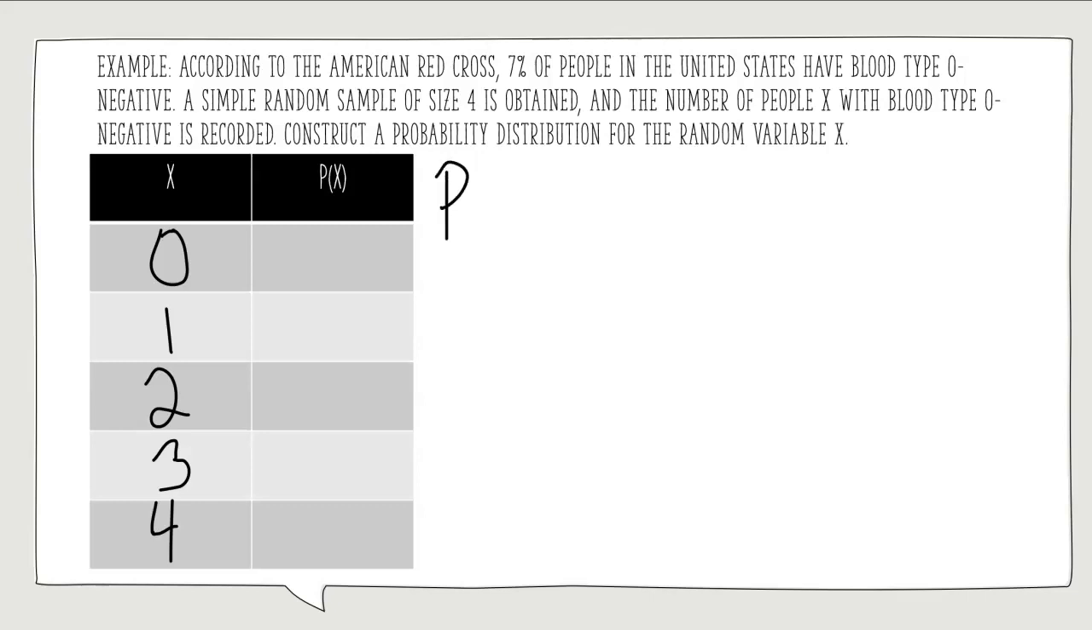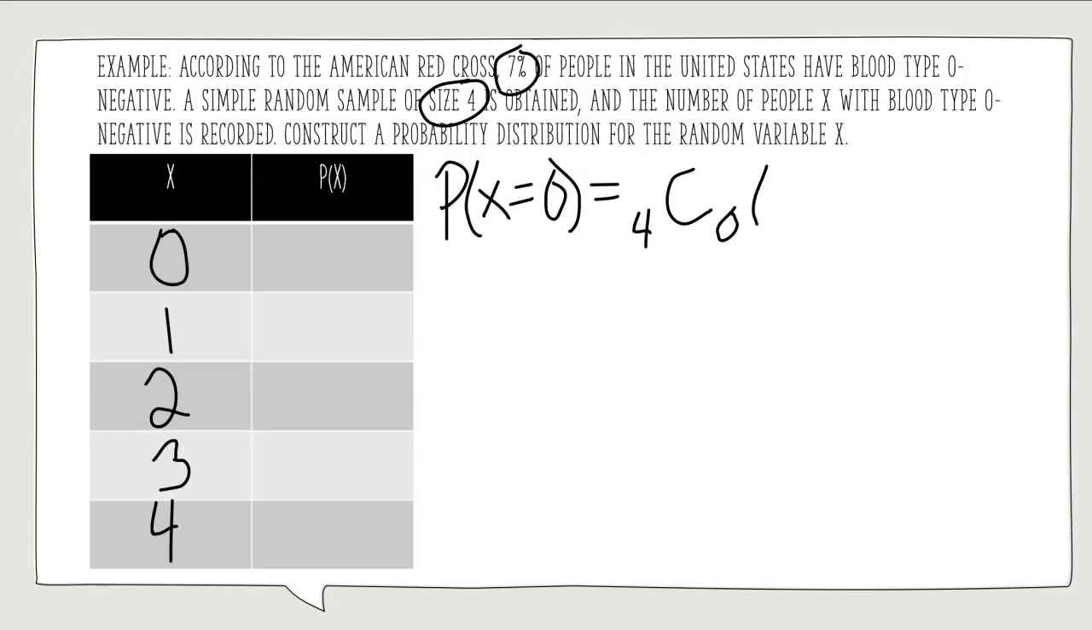So we want to calculate the probability of x equal to 0. And remember, the formula was n choose x. Our n here is 4 because there were 4 people randomly chosen. Our x is 0. Our probability of success is this 7% right here. If they are blood type O negative, there's a 7% chance that will happen. So our p would be